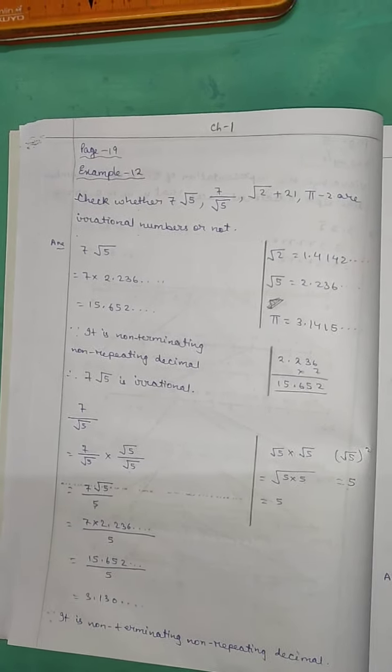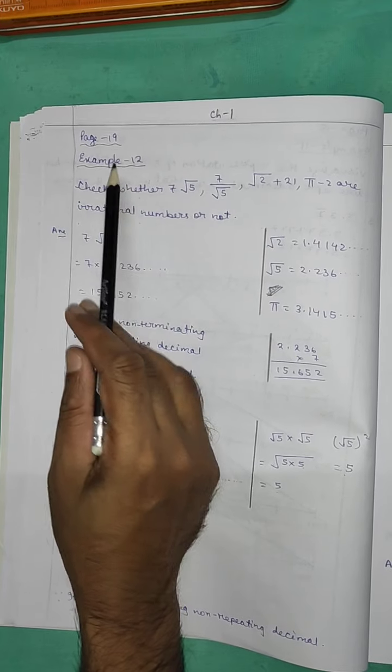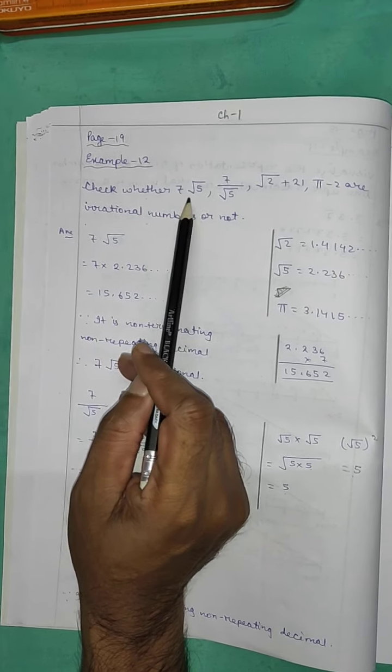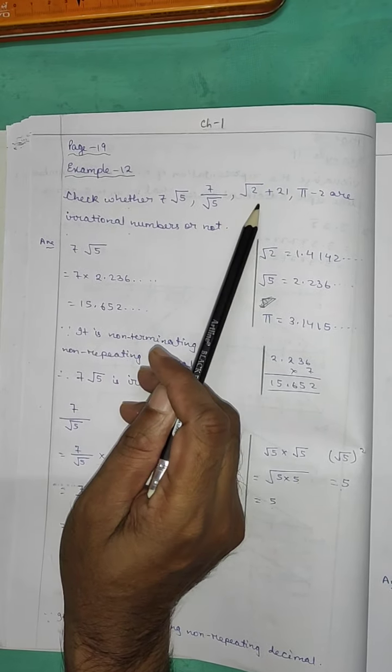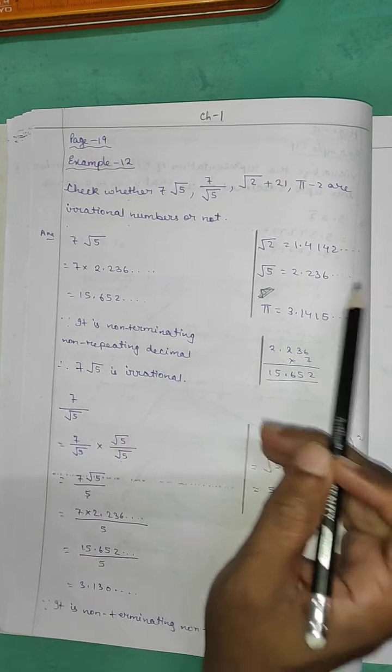Chapter 1 till 1.4 completed. Today I'll start example 12, page number 19. Check whether 7 root 5, 7 by root 5, root 2 plus 21, pi minus 2, these are all irrational numbers or not. Value of root 2,